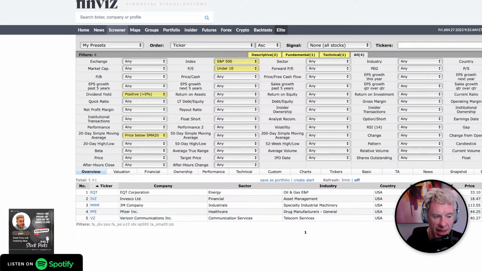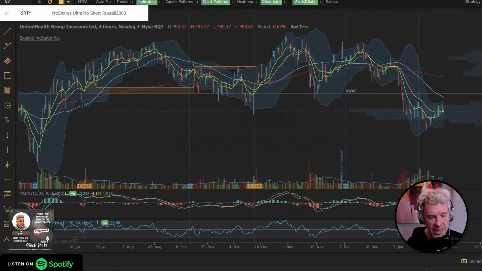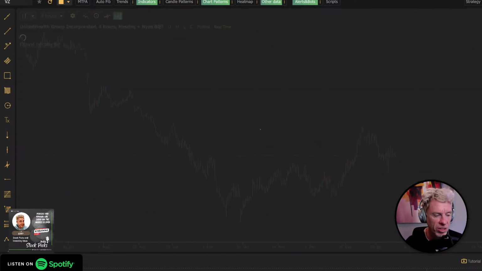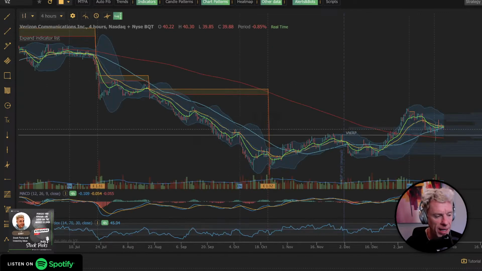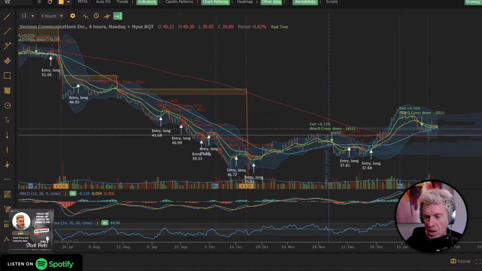In my mind, these are ones that, if we take a look at Verizon, for instance, let's take a look at Verizon because I think I did. By the way, Visa shows up in our scan. Let's take a look at Verizon, and we'll take a look at it on the algo. And this is how I would trade, by the way. $61 a share and 190 is quite a difference, but I know you're paying for the growth.